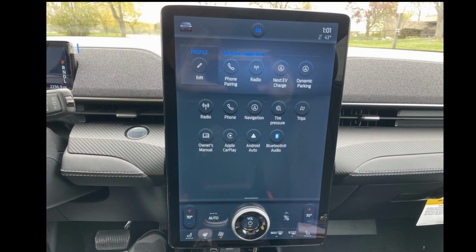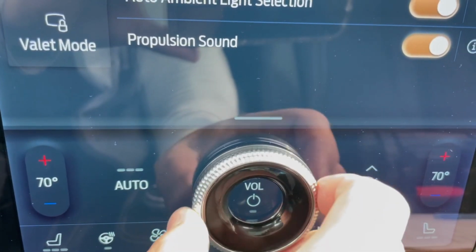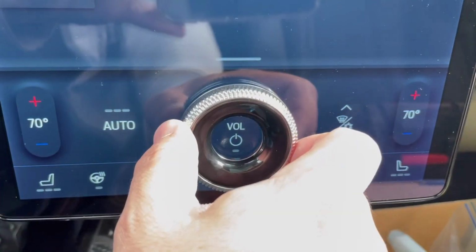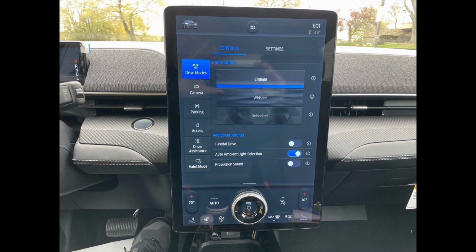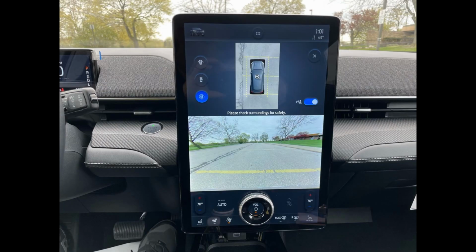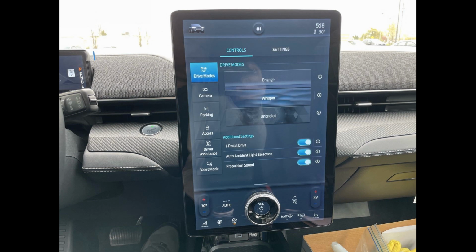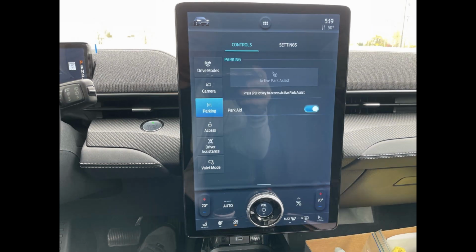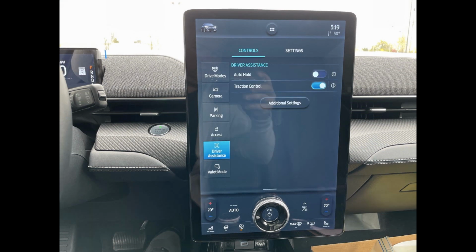Like a Tesla, the vast majority of controls are on the center LCD. In the Mach E, the display is a high-definition 15.5 inches and has a unique volume control wheel at the bottom. I guess in consumer testing, Ford found that customers want the touch and feel of a traditional wheel for their volume control. The LCD controls a wide variety of functions, including a personalization system, where you can create individual profiles for different drivers. Some of the other items that can be controlled from the display include battery life and charging status, driving modes, satellite radio, climate controls, Apple CarPlay or Android Auto, navigation system, surround cameras, park assist system,